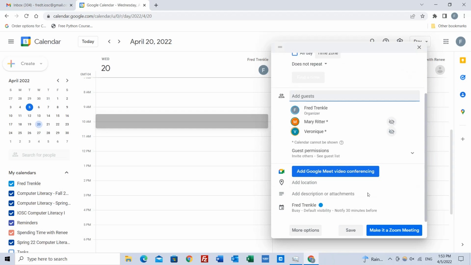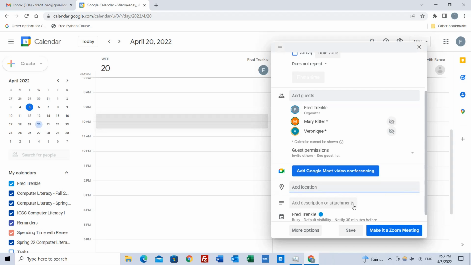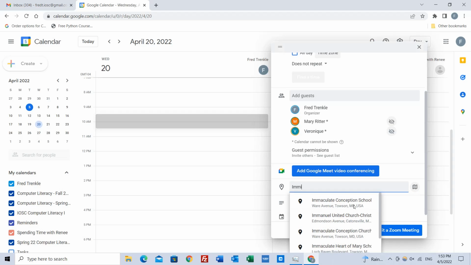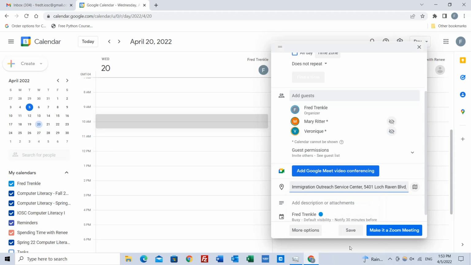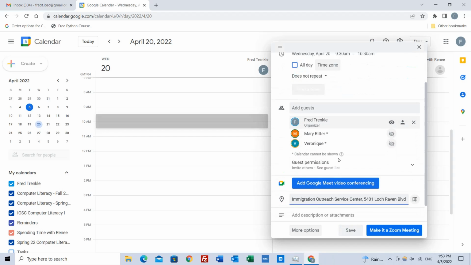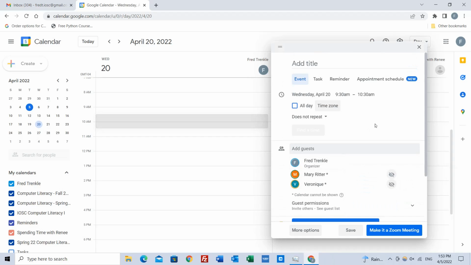And let me add a location, let's say Immigration Outreach Service Center. So it kind of fills it in for me there. And so that makes my calendar appointment a little bit more complicated. When I save the